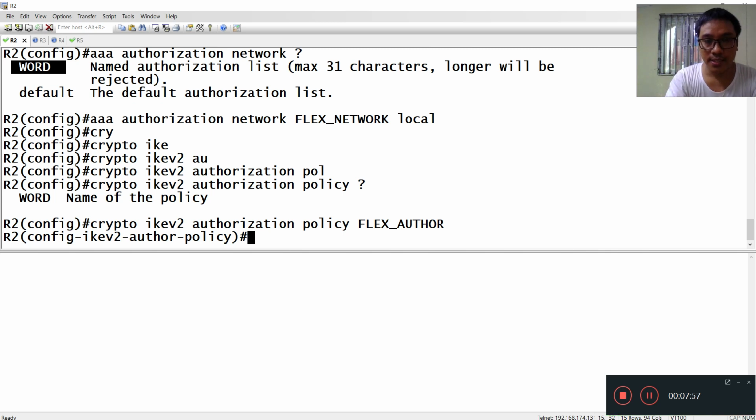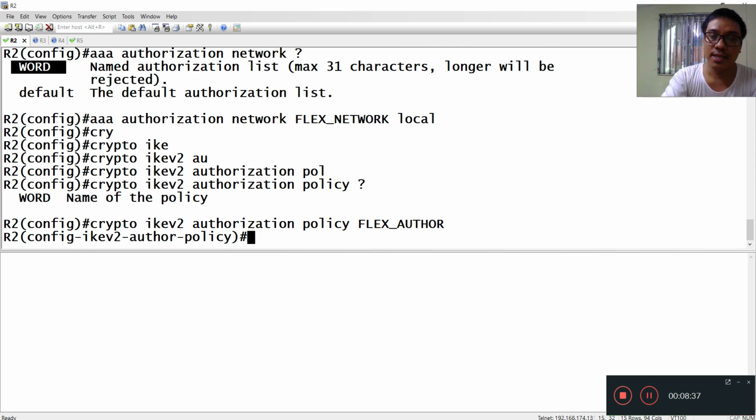In this case, if you are planning to configure the IP address manually on your spoke router, you don't need to define a pool. There are 2 options to assign an IP address on your spoke router. One is static IP, one is dynamic IP. If you want to configure a static IP address on your spoke routers, you don't need to define a pool and the authorization policy. In this case, I will use dynamic IP addresses on our spoke routers.